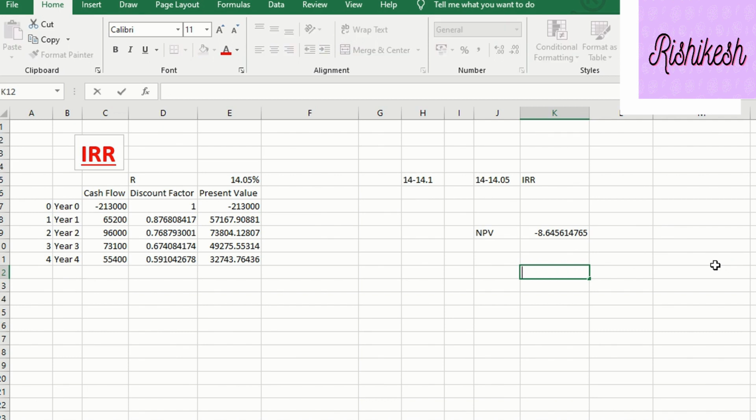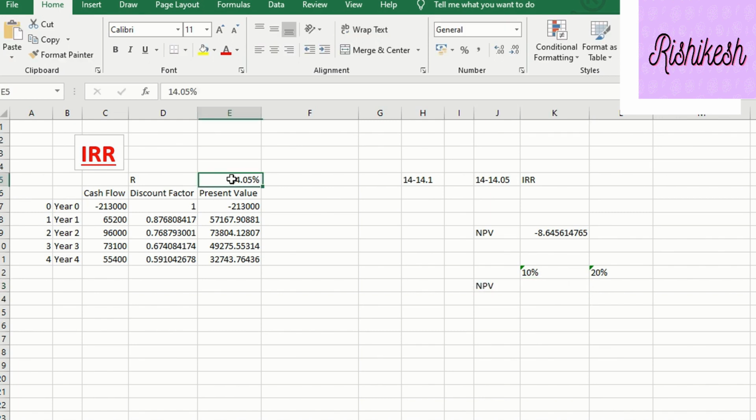Let us suppose I will find a value at 10%. Now the reason I'm putting a hash over here is that I want it to show just as 20%. I don't want it to be a percent value. I just want to show it as a plain number, like 10%, 20% or something like that. So I want to find the NPV at these two values. So let me put R as 10%, and the NPV comes out to be